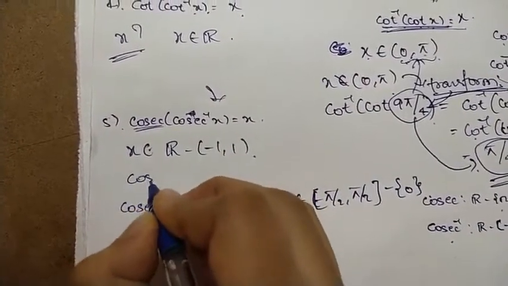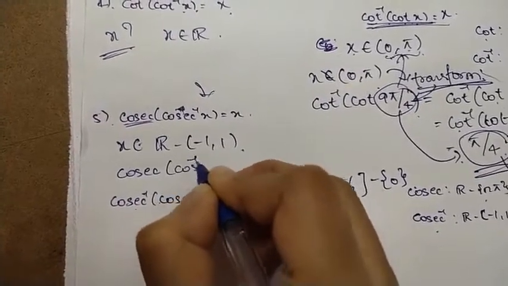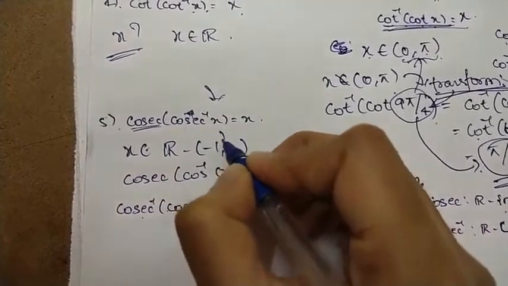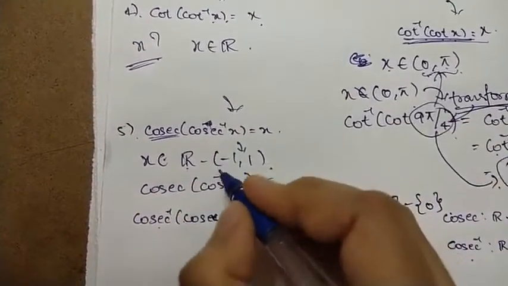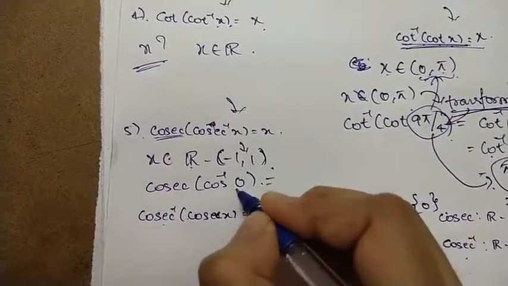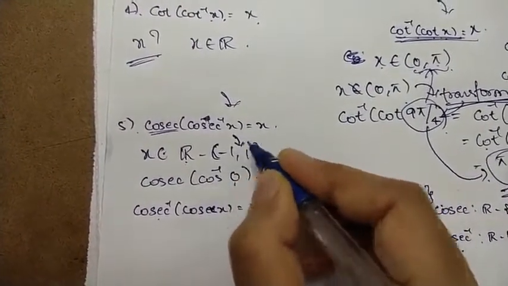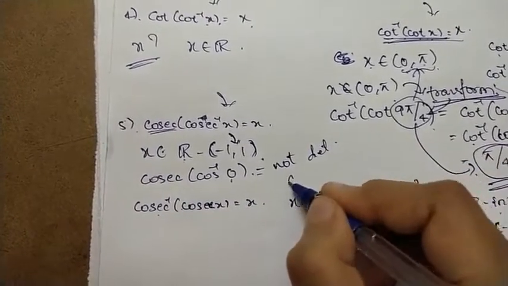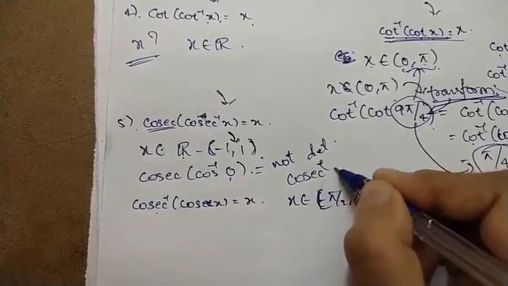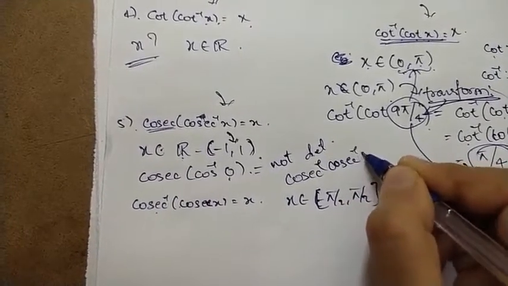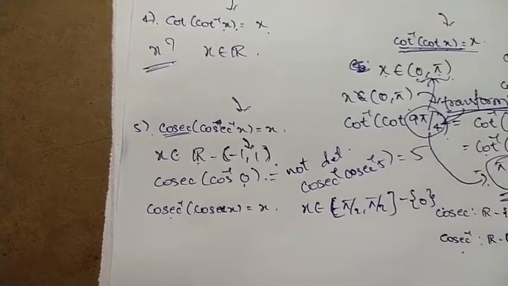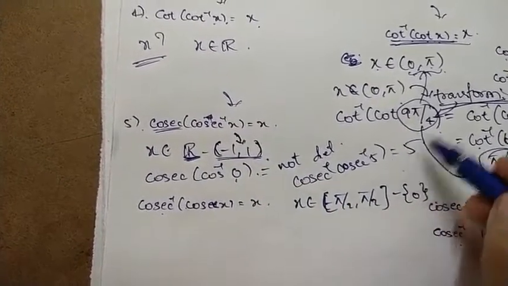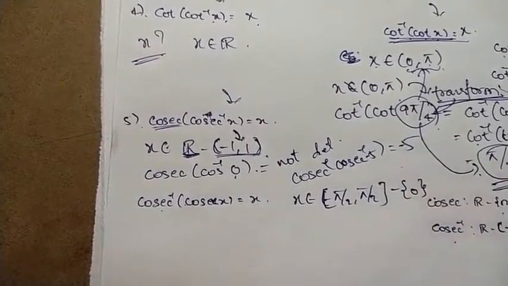Suppose here cosecant inverse of 0 comes, what then? Here 0 comes, but that 0 is lying in the interval which is removed from the set of real numbers. So where this 0 is lying between this interval, here this is not defined or not determined. Suppose we have cosecant inverse of 5, yes, it is 5 itself, because this 5 belongs to the set of real numbers which does not lie in this range. So 5. Suppose it is -5, then -5 itself.